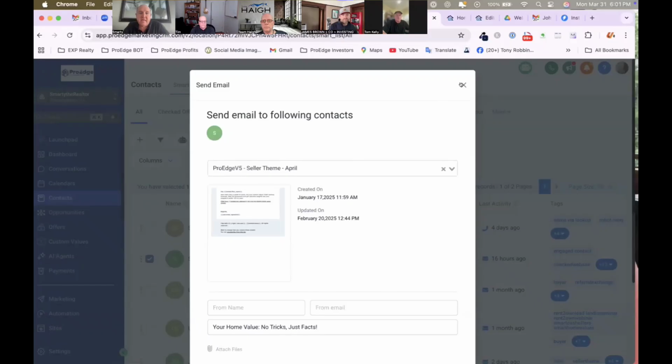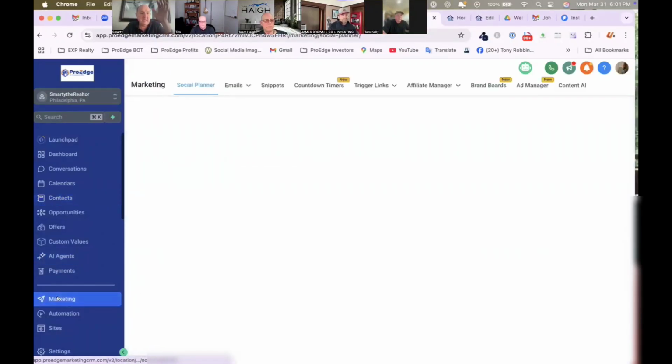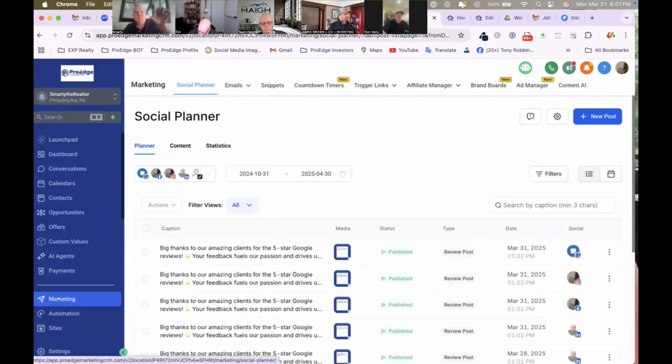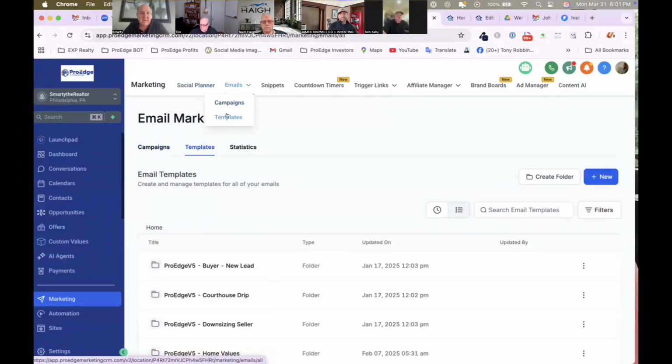Now, this is another thing that I think we covered about a month ago. It was in the training. Maybe this is something that you guys didn't do as well. Let's talk about this. So Bob and I, when we were trying to land in inboxes, when we were doing the seller themes, when version 5 was coming out, we used links instead of buttons and trigger links. So one of the things we recommended everybody do, if you come into the email templates under marketing,